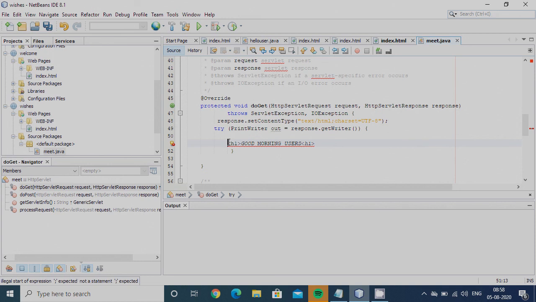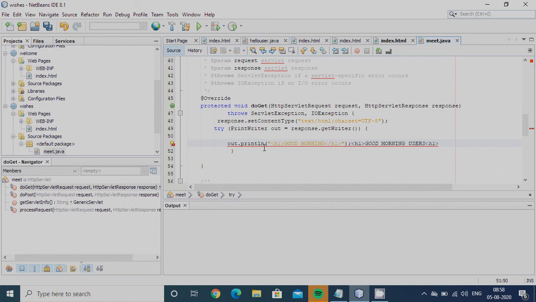This is the output statement we use in Java, the same one. out is the object which is used for printing the output.